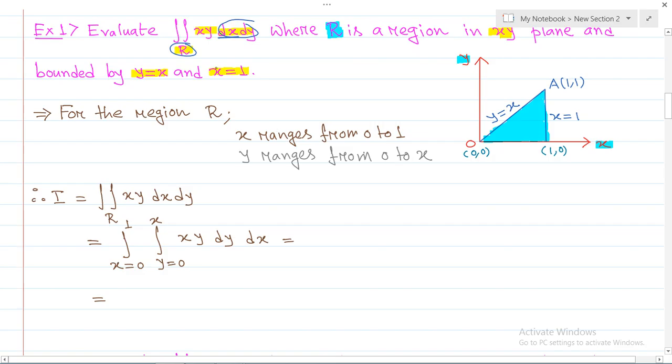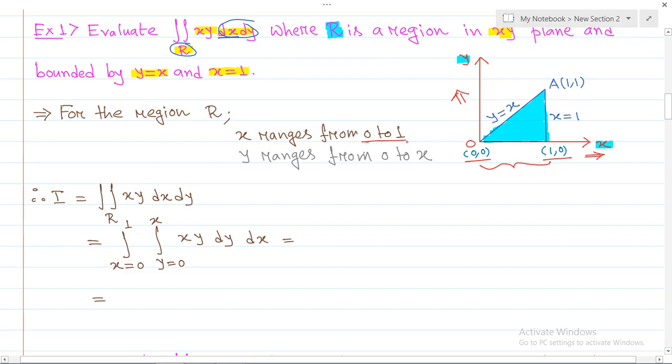y to be variable. Now to make x constant, we have to find out from which point to which point x is varying. The starting point of this whole region is the point (0, 0), and the last point where x stops its progress is the point (1, 0). So this is the whole region over which x will vary. So x will vary from 0 to 1. Now always remember, x we measure along the horizontal direction,